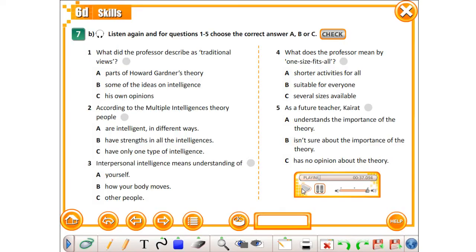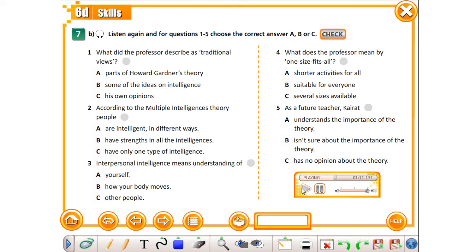Yes, I have, Professor. According to this theory, there are 8 types of intelligences, some of which cannot be tested or measured with standard tests. The theory further states that each person has several types of intelligence, one of which is usually the strongest. That's exactly right. It is Gardner's belief that everyone is born intelligent, each in their own way. He also thinks that individuals can improve their intelligence. Professor, what exactly are these intelligences? Let me tell you about them briefly.